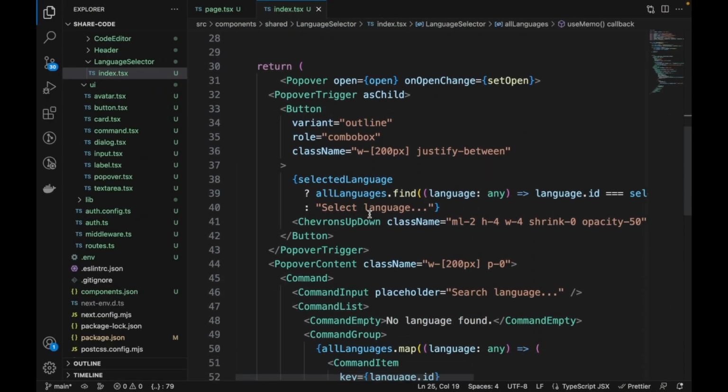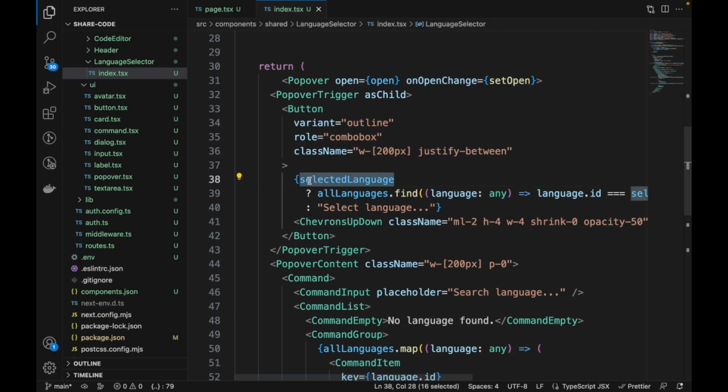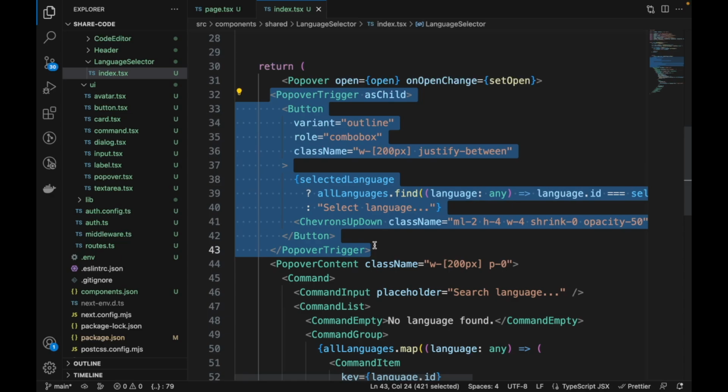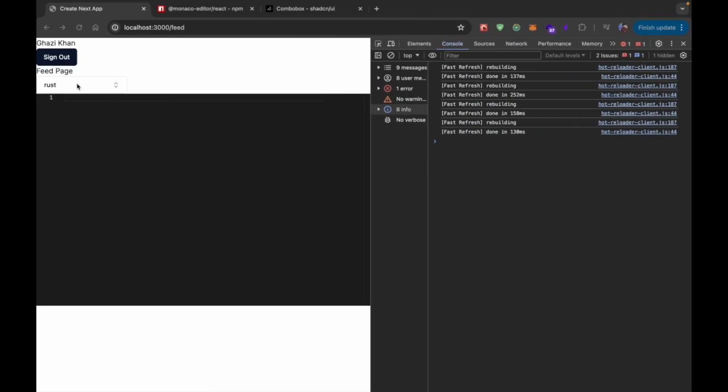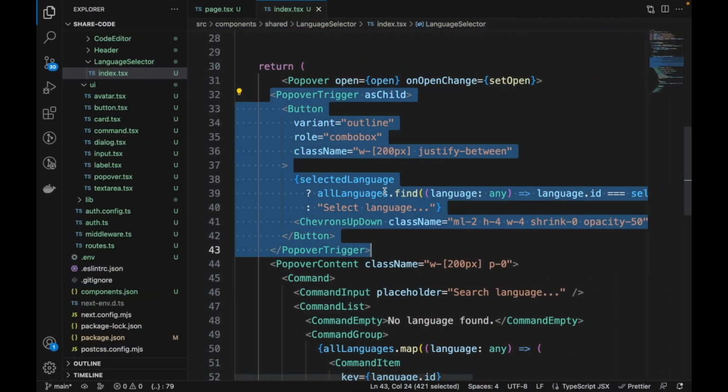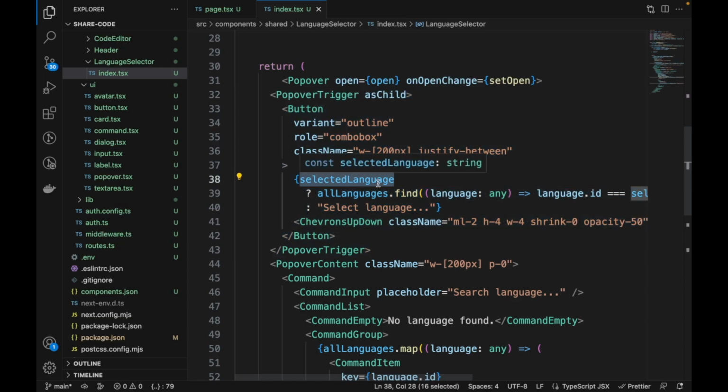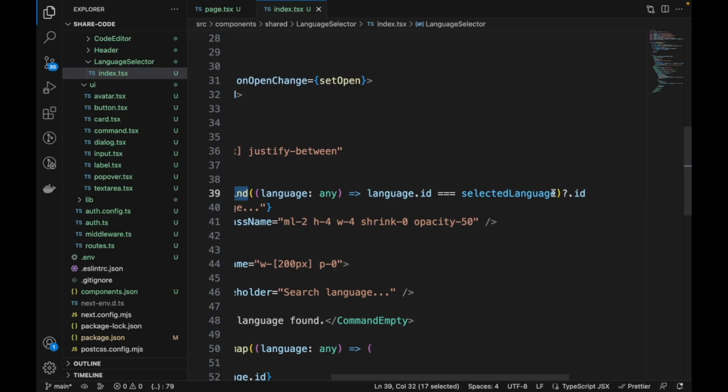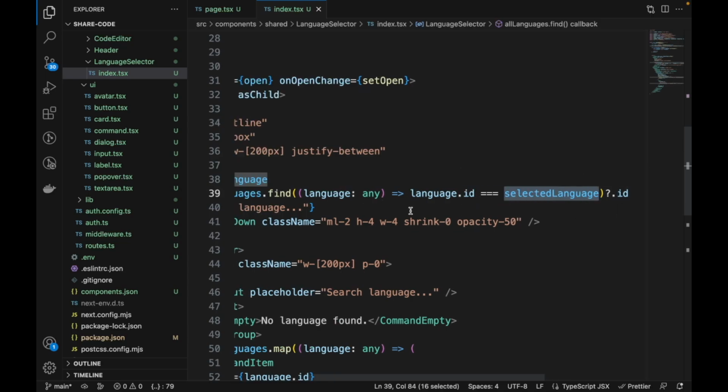Now let's check the code. Here what it is doing is the values are shown here. This is the trigger part. So the trigger is basically this button which we are seeing here. And if the language is selected, it is checking from the values. It is finding it accordingly. Selected language, we are getting this ID basically. So this ID is getting selected here, and once that is selected and it is matched, we are getting the ID and we are